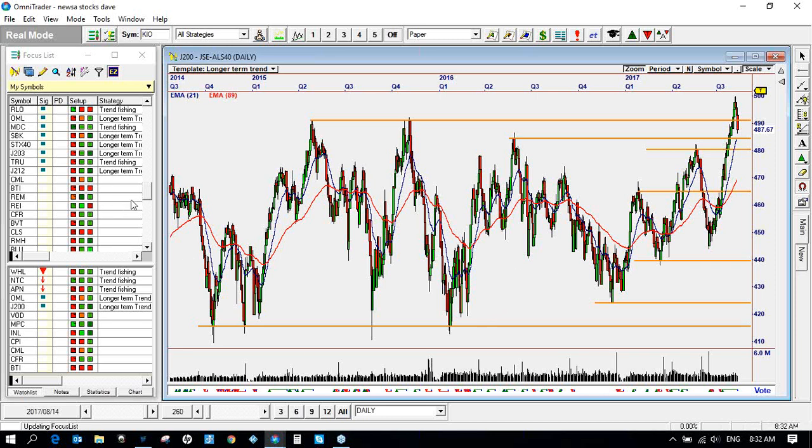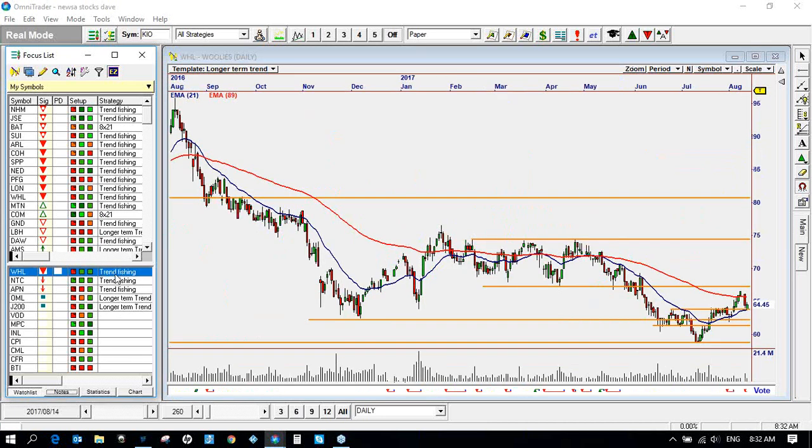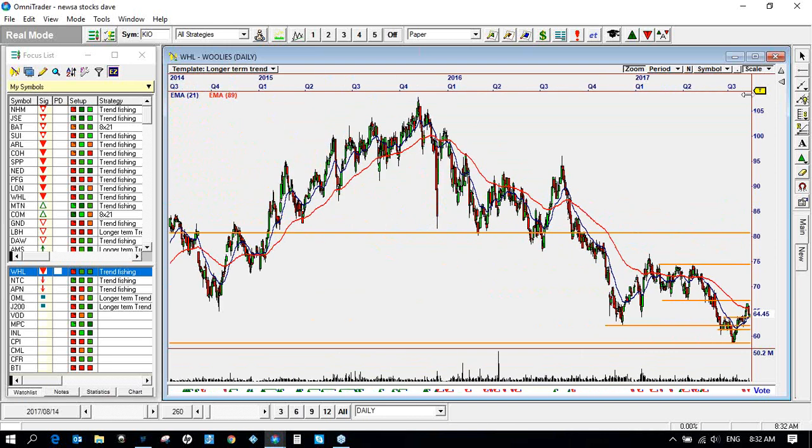On the share front, I don't see any new trades. There's nothing really jumping out at me as a buying opportunity. But let's go and have a look at some of the stocks we've been watching. So Woolies still looking pretty decent. Looks like that Morning Star is really playing out from, if you look at the long-term chart, you can see